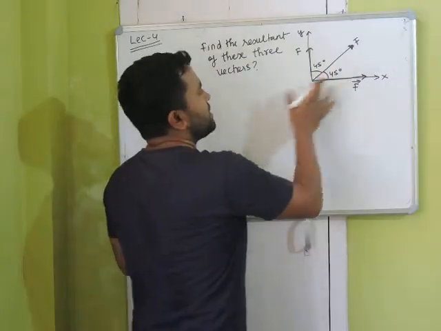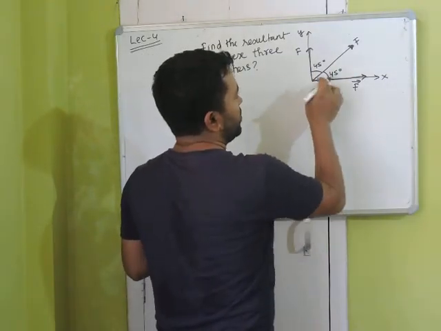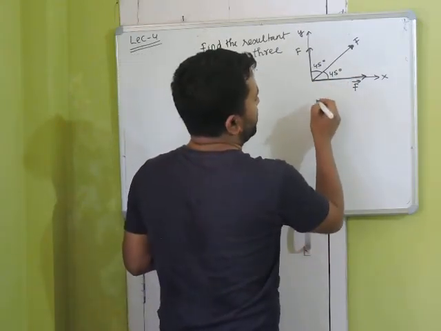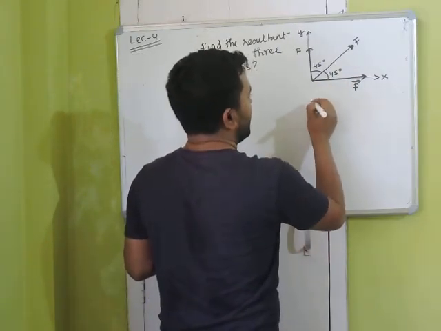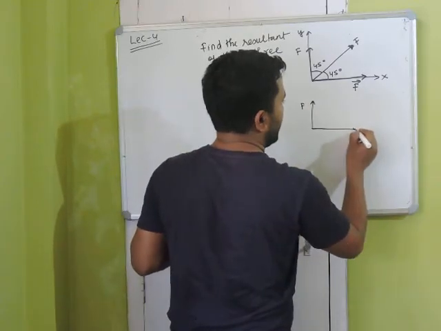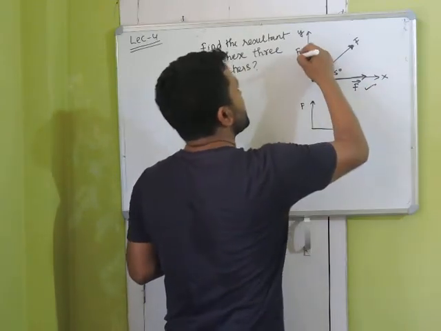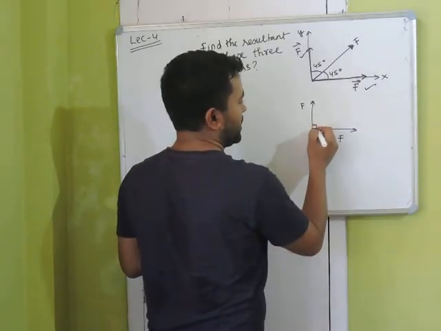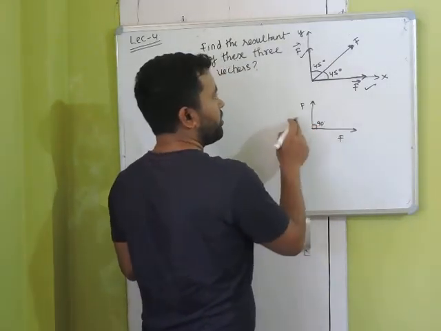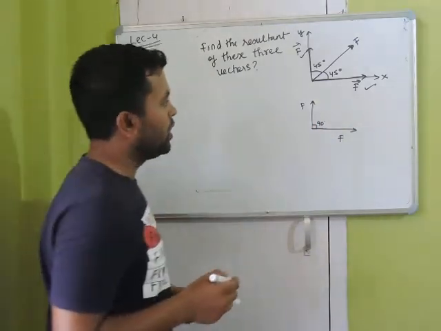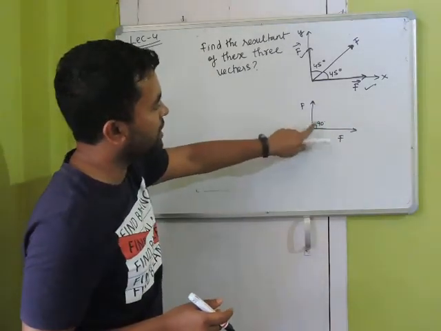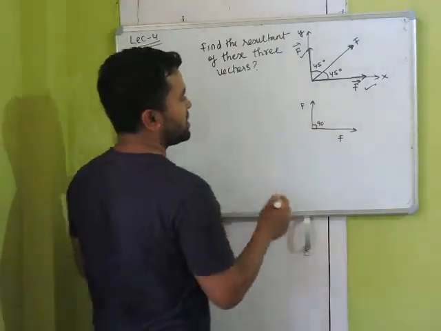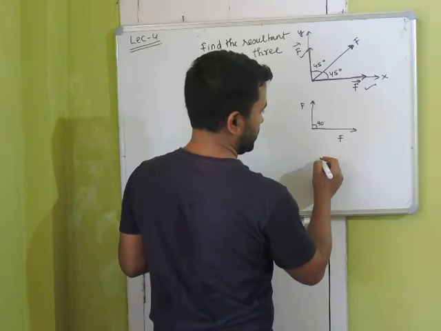Now let us just simplify the problem. We have three vectors, we have to find the resultant. So what I am going to do, first I am just taking F vector and F vector, I am taking this and this. Magnitudes are same, they are equal vectors, and the angle is 90 degree between them. What will be the resultant of these two? If I have two vectors having 90 degree angle, what will be the resultant? If you recall,